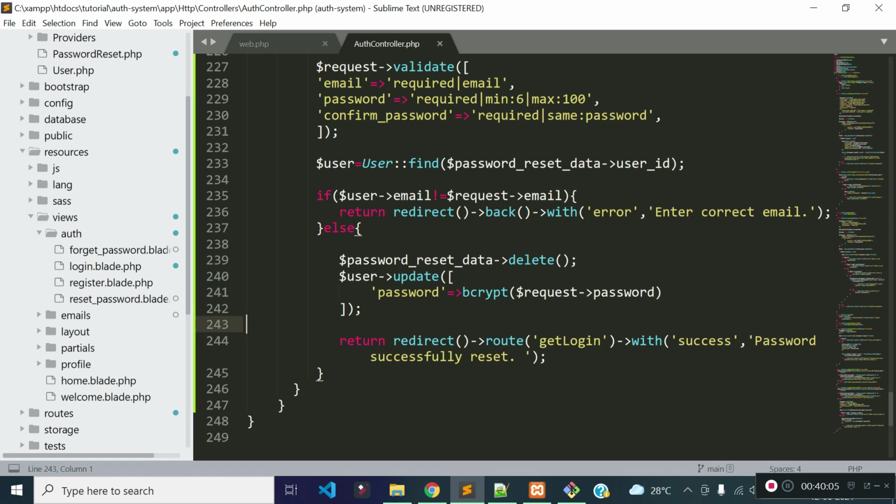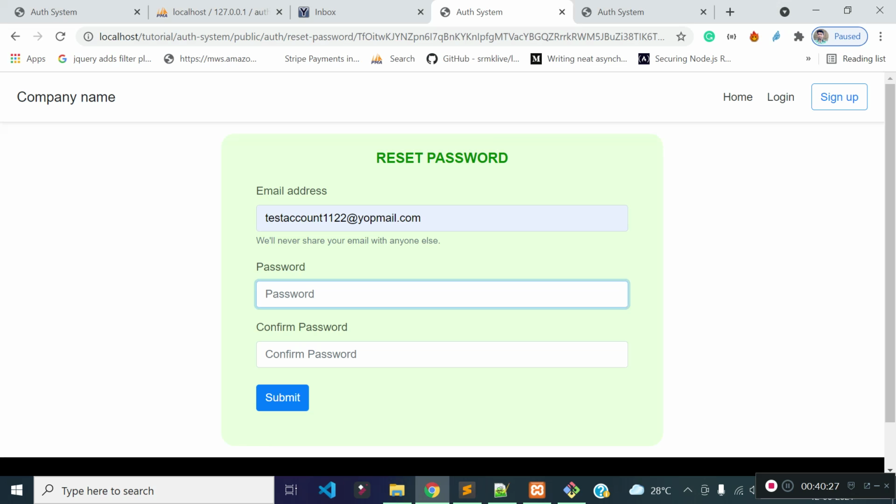So I am updating the user's record, user update password, and we are encrypting the user's password and storing it to the password column of the users table. Okay, and after successfully updating the user's password, we are returning the user back to the login page with a success message called password successfully reset.